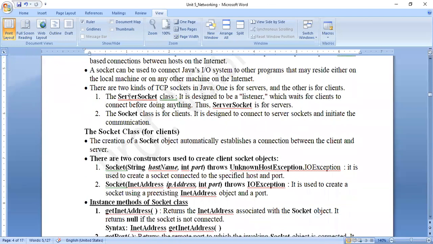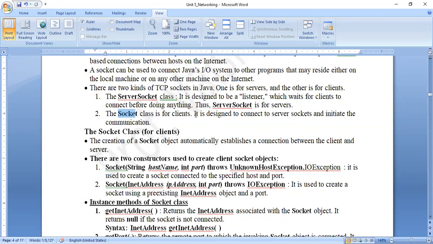The TCP/IP socket is of two types: server socket and normal socket. The ServerSocket class is for the server. Normally a server socket is designed to listen to the client. Whenever the client sends a request, the server socket will accept that request, and then it will start the communication. Then there is another class called the Socket class, which is for the client.